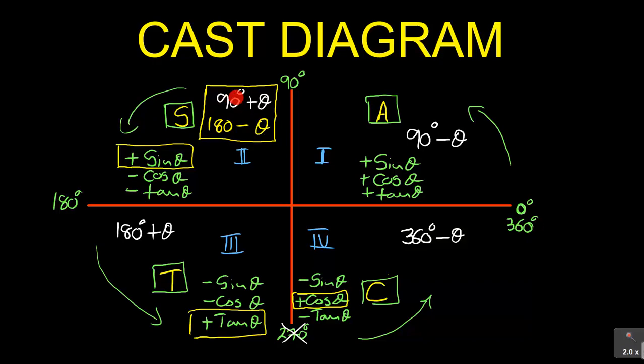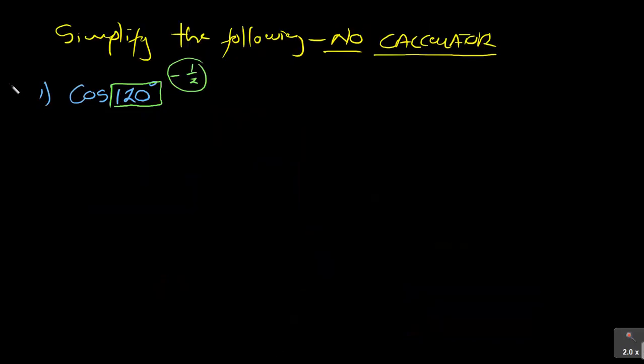For now, I'm not going to focus on 90. I'm just going to focus on 180 minus theta and also 180 plus theta as well as 360 minus theta. The other lesson, I'm going to focus on the 90 plus theta. So because 120 is found in the second quadrant, I'm going to use 180 minus theta. So my answer is going to be cos, in this case, cos